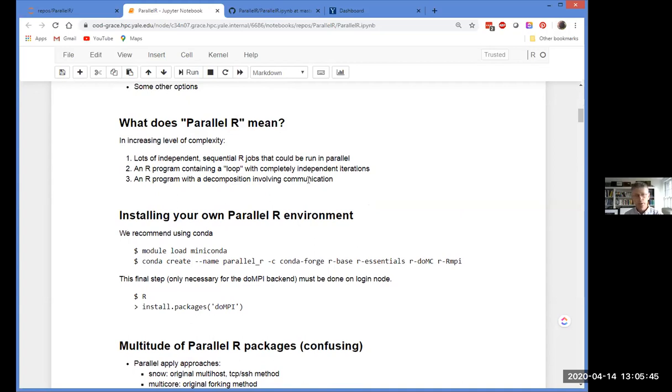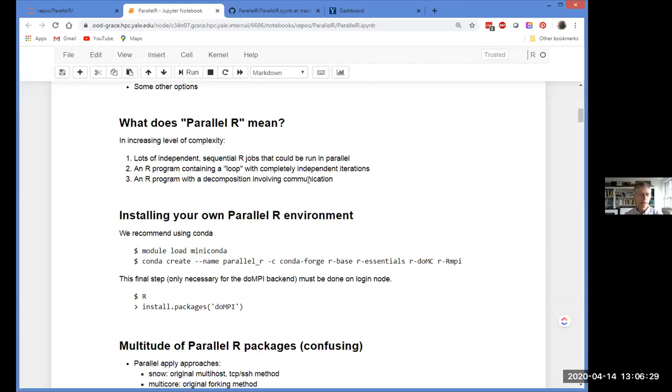Well, as I mentioned, there are a lot of different ways to write R programs that are parallel. By parallel, I mean they're going to use multiple CPUs in order to compute faster, essentially. And that's really the game in high-performance computing. The individual computers in high-performance computing really aren't that much faster than normal computers, but we have a very large number of them. And so typically these days, when you want to speed up a code by running it in parallel, you're going to use a large number of CPUs and spread your computation out across those CPUs and hopefully have it run faster.